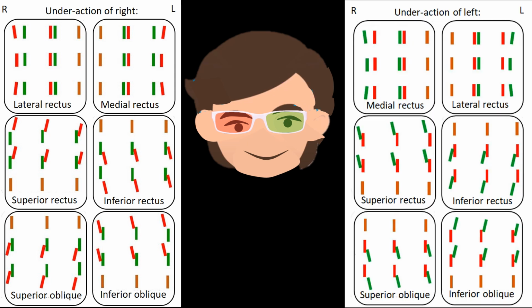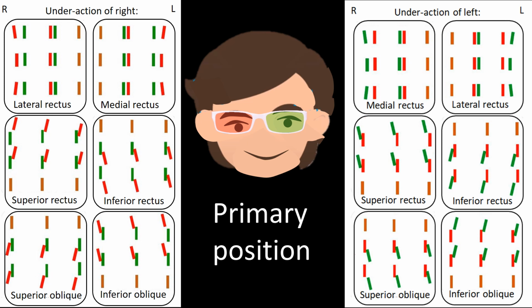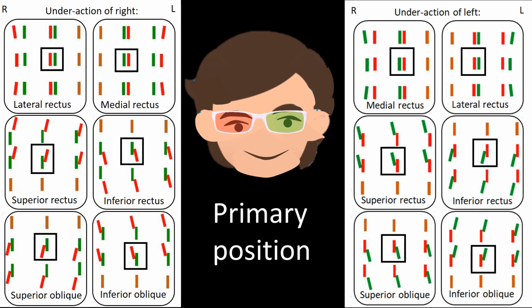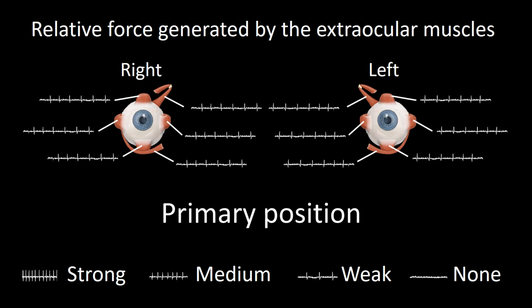Here I have added the panel corresponding to the underactions of the left extraocular muscles. In primary position, the same muscles are involved in both eyes, that is, all the extraocular muscles. In this frame, the electromyographic activity of the extraocular muscles present during primary position is represented. Notice the low level pattern of myogenic discharge in all muscles, consistent with the weak and balanced contraction of all